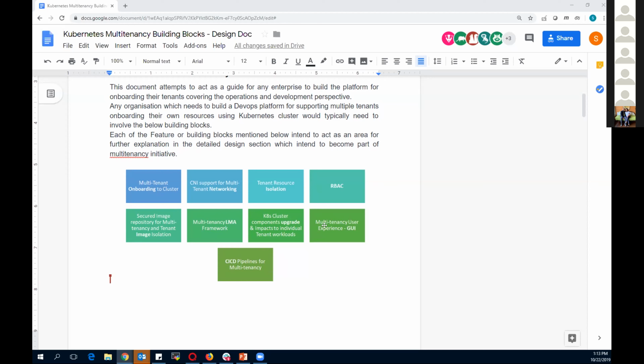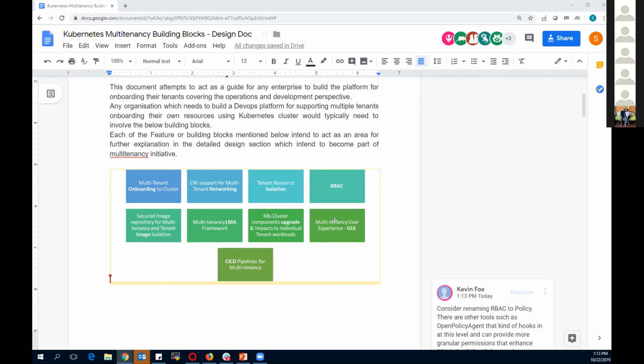And also another add-on feature is the multi-tenancy user experience via GUI. So a graphical user interface can be used by the tenants to create the resources in their specific namespaces, and that GUI should be integrated with RBAC.